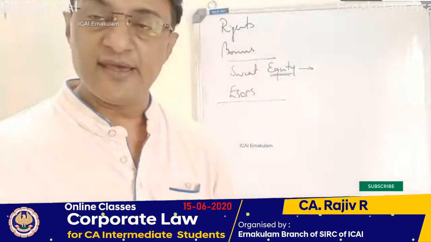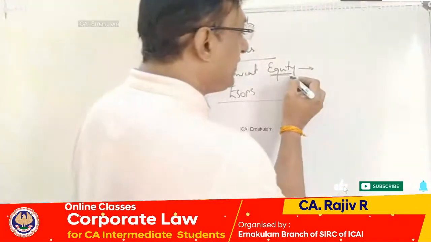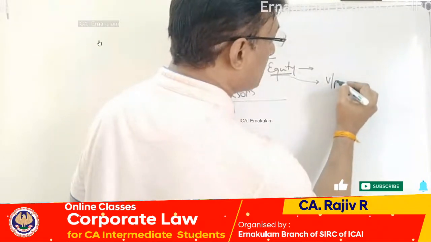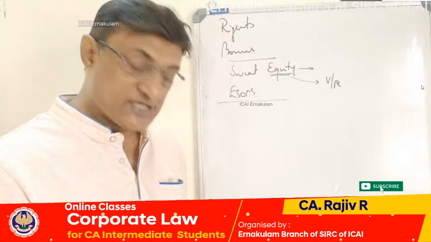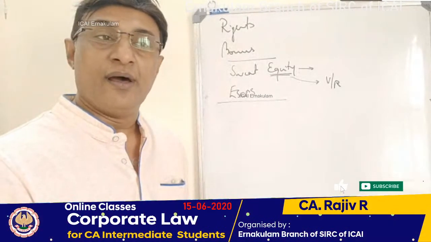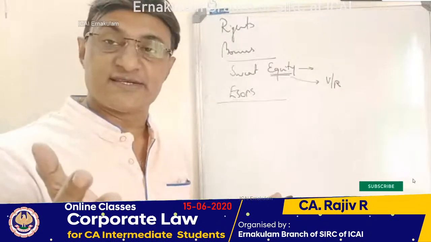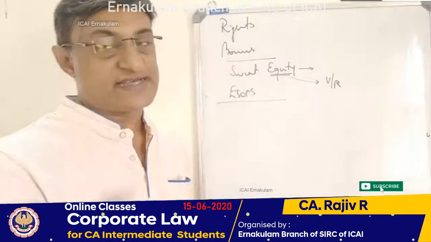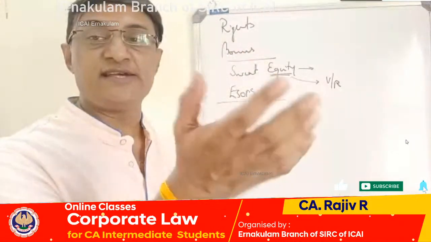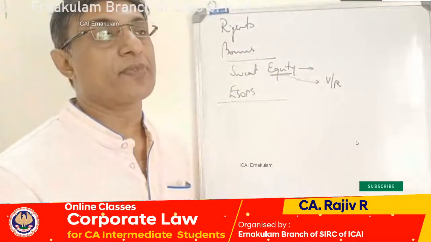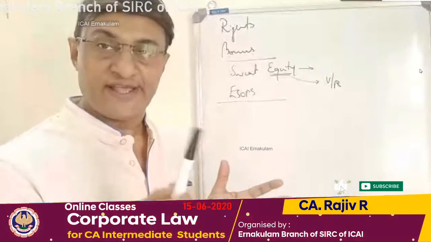So basically, it is equity shares. And what is the peculiarity of equity shares? Voting rights. Voting rights is one. Non-clarity or vagueness, vagaries of dividend is another characteristic. So sweat equity shares are basically equity shares carrying voting rights,